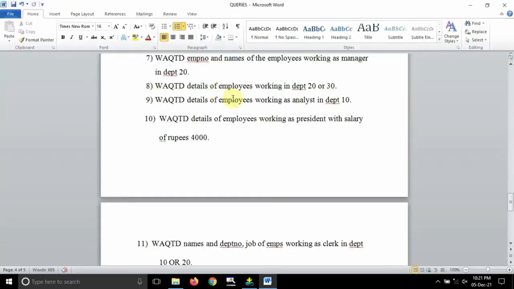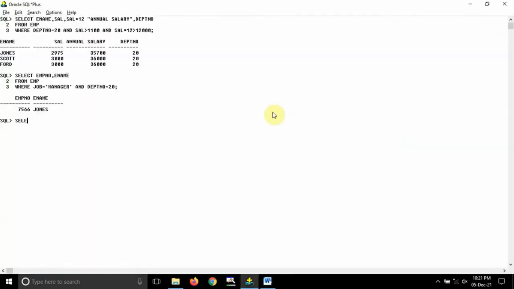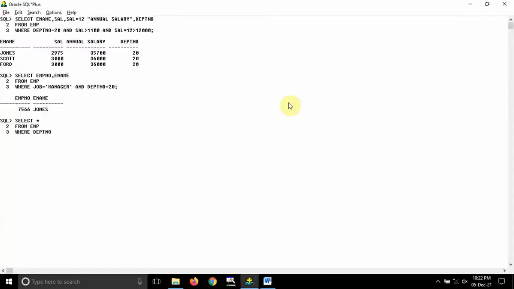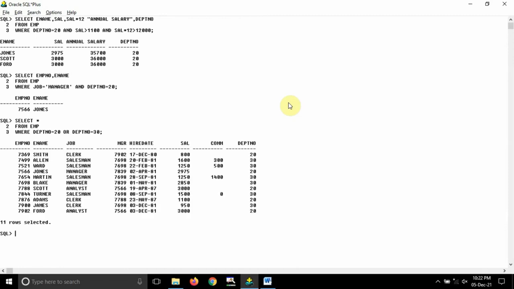Yes. Alright guys, so 8th question, write a query to display details of the employees working in department 20 or 30. So here it is simple guys, select star, that means all details from EMP table where department number should be 20 or 30. So DEPT number should be equal to 20 or DEPT number should be equal to 30. So these are the two conditions, and if I hit enter, then you can see I'm getting this whole table